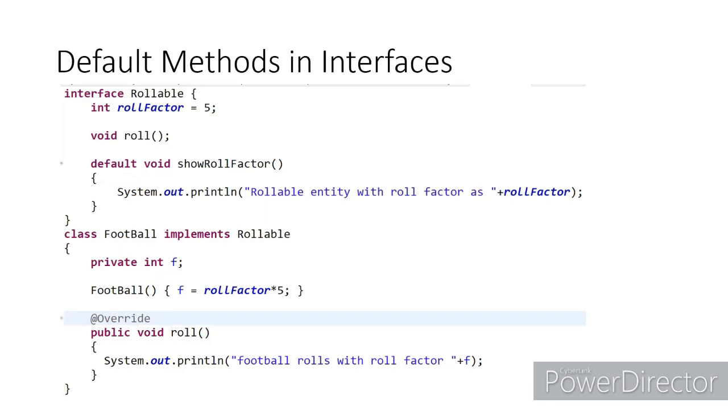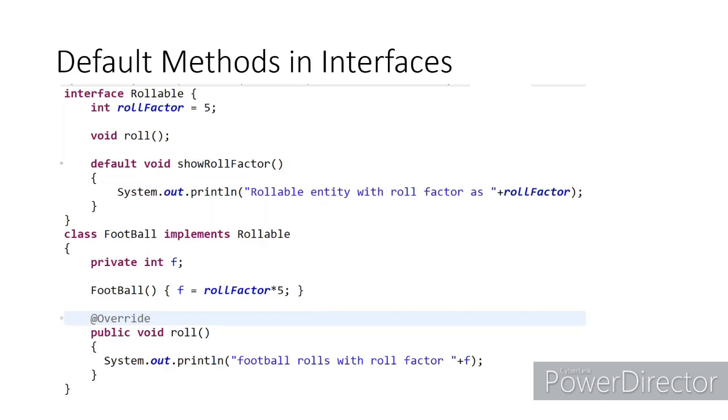If you wish to change its implementation, if I am not happy with it and I want to change it, that is a different story. Then you can override it. But if you don't want to change it, and you want to inherit the behavior given in this default method, I am happy with that and I want the same thing, then there is no compulsion that you have to override it. For all other abstract methods in an interface, it is mandatory that you override them, but that is not the case with the default method.